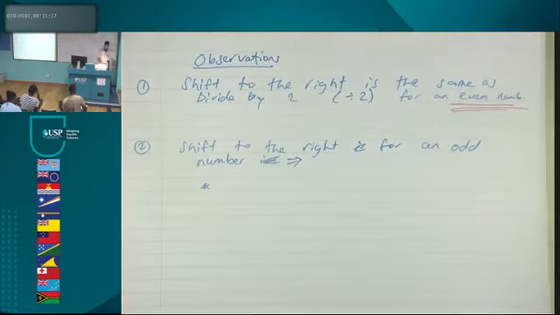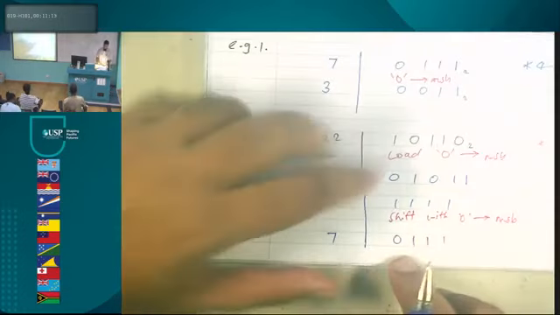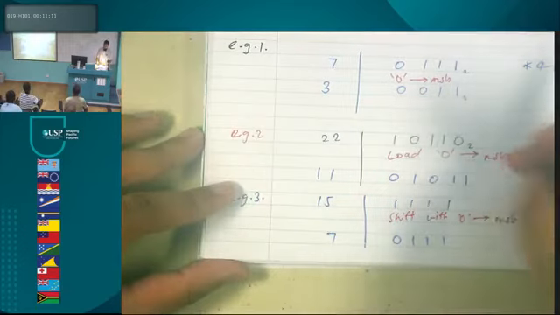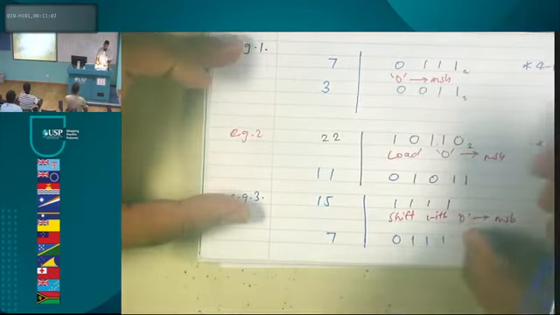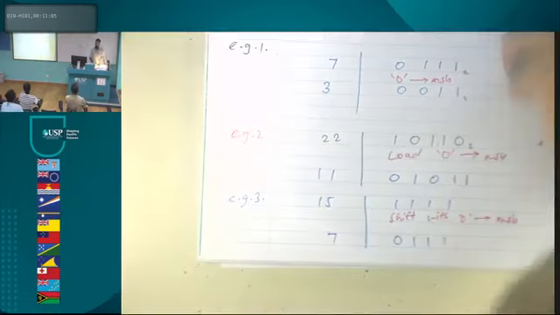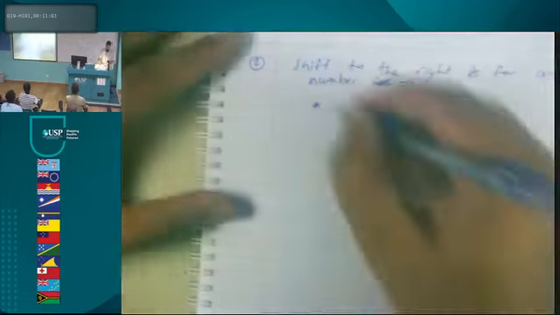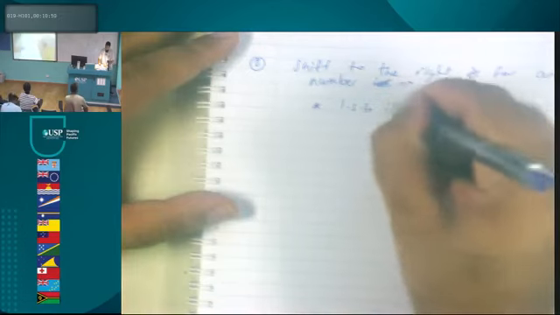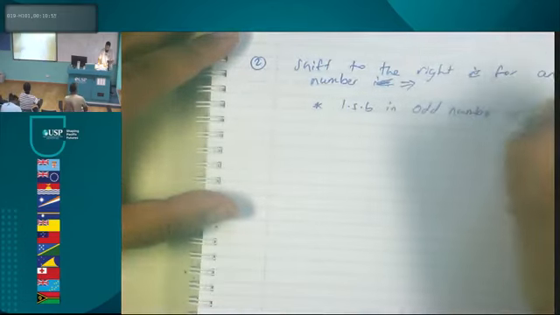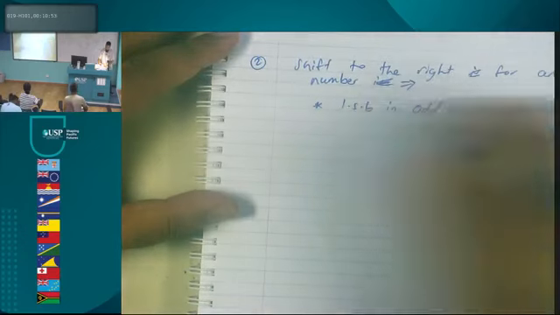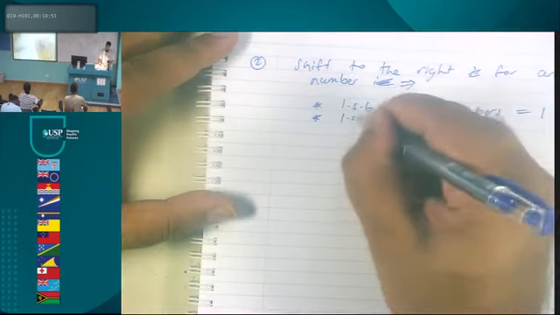The first thing which happens is, if you have a look, for an odd number, that most significant bit, this 1 over here and this 1 over here, in the 2 odd numbers, example 1 and example 3, the least significant bit was 1. Right? LSB in odd numbers is equal to 1. What happens? LSB